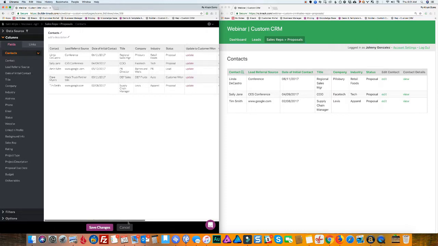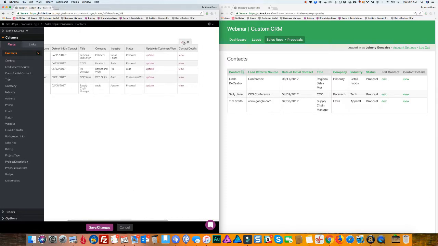And again, we don't necessarily need to create a new lead details page. Maybe we want to link to a page in our existing app, but you can definitely leave that link there for reference. That will then, with the proposal, show the project information on this particular page. But you can basically build this out the way you want. But in terms of working with this update to customer one, we definitely will have this set up this way here. We can set our changes, save our changes,